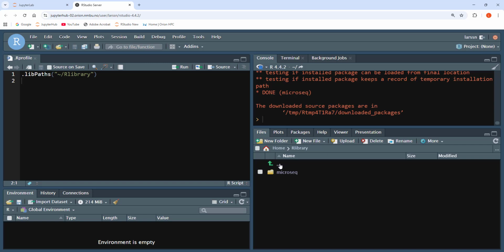But now I will have to go back and change this back to my old Rprofile, because otherwise I have to reinstall all my R packages, and I don't want to do that. But you are new users, and you can just keep installing in this library here, in this folder. Okay,